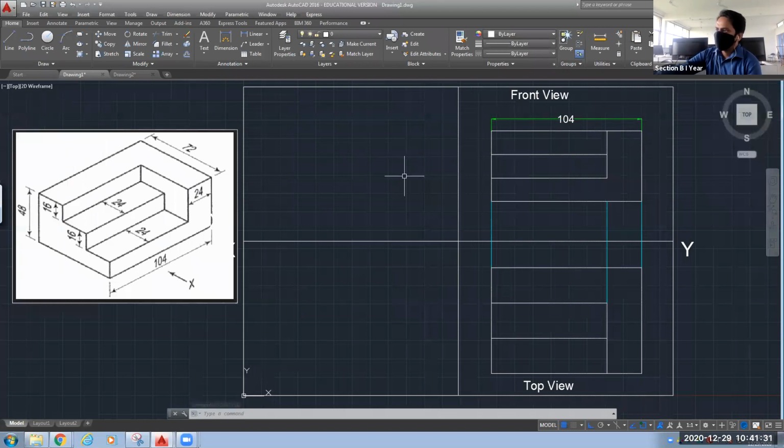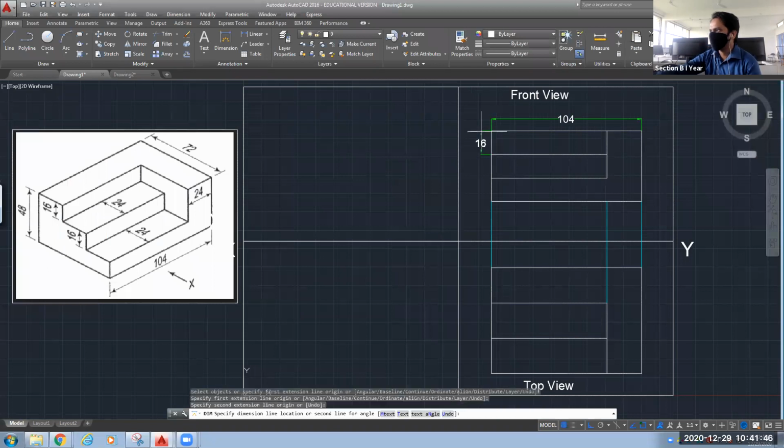Now we can see this dimension 16 in your front view, but we will not be able to see this 24 in front view. So I will give the dimension here for your 16. This is your first dimension. This is also 16. And this is also 16.